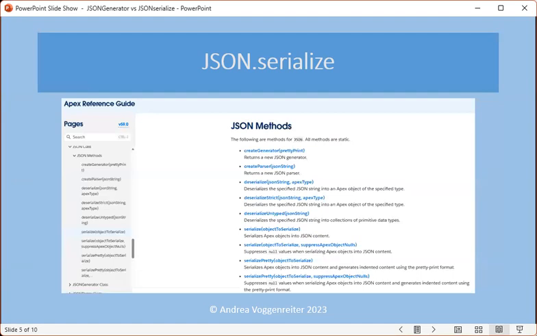The advantages of JSON.serialize are: the code is easier and quicker to write, leading to cleaner and more maintainable code. It automatically handles the serialization of Apex objects into JSON, including handling of data types and formatting. The method is faster and more efficient, particularly for straightforward serialization needs. The disadvantages are: